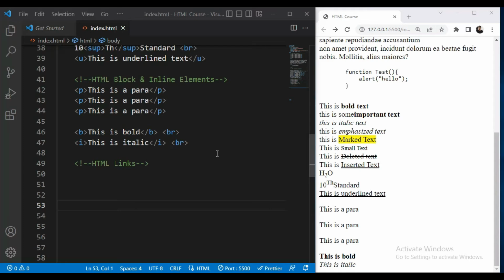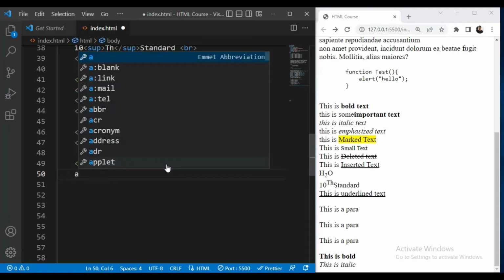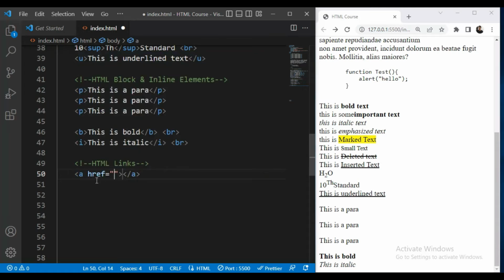Next we will see HTML links. HTML links are hyperlinks, and with the help of links you can navigate to another document or another URL. We can create HTML links with the help of anchor tag. This is the anchor tag with href attribute, and here you can place your URL.